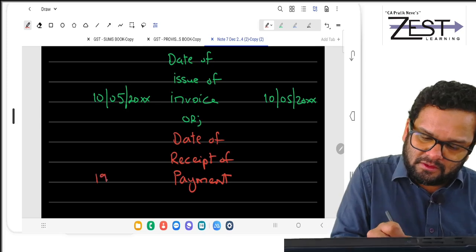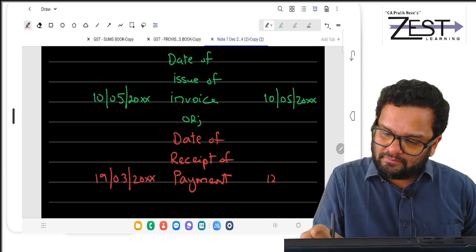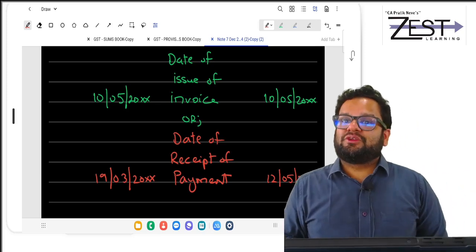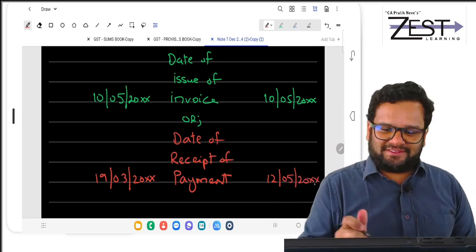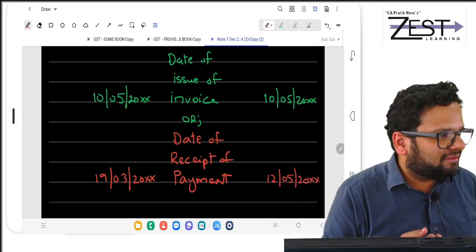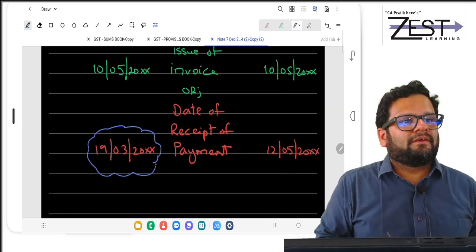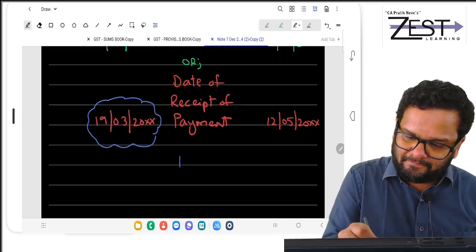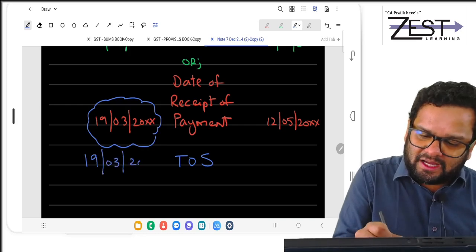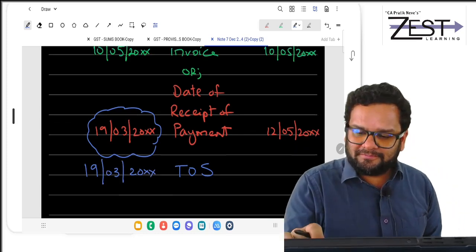19th March, and here 12th May. So now can you tell me what are the times of supply? It becomes so easy. Pick up whichever is earlier. 19th March is the time of supply for the advance of 50,000. And for the balance 50,000,